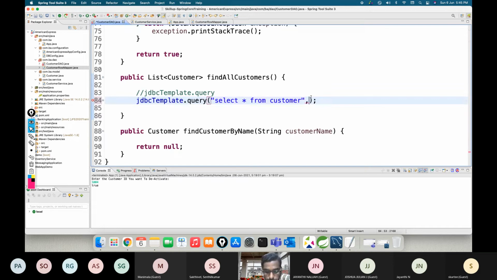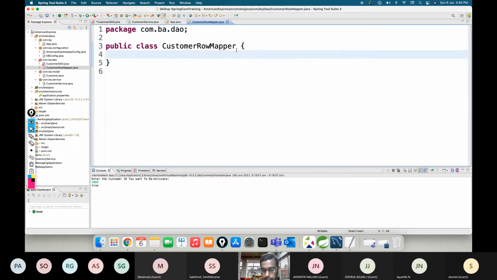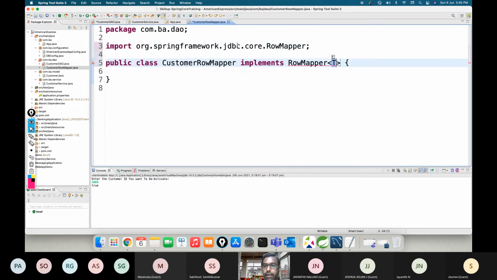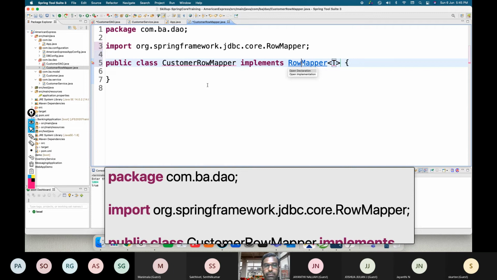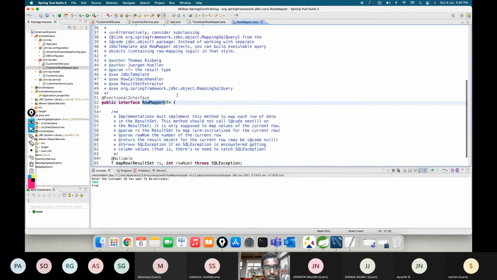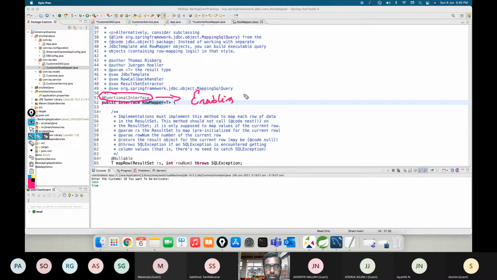Either way, or else you can also use a lambda expression. Why I can use a lambda expression is because here we need to say implements. Why is it eligible for lambda? RowMapper, if I go to the RowMapper, you should notice the RowMapper is already demarcated as what? Functional interface. So what does that functional interface mean? It's only enabling this interface to be a part of